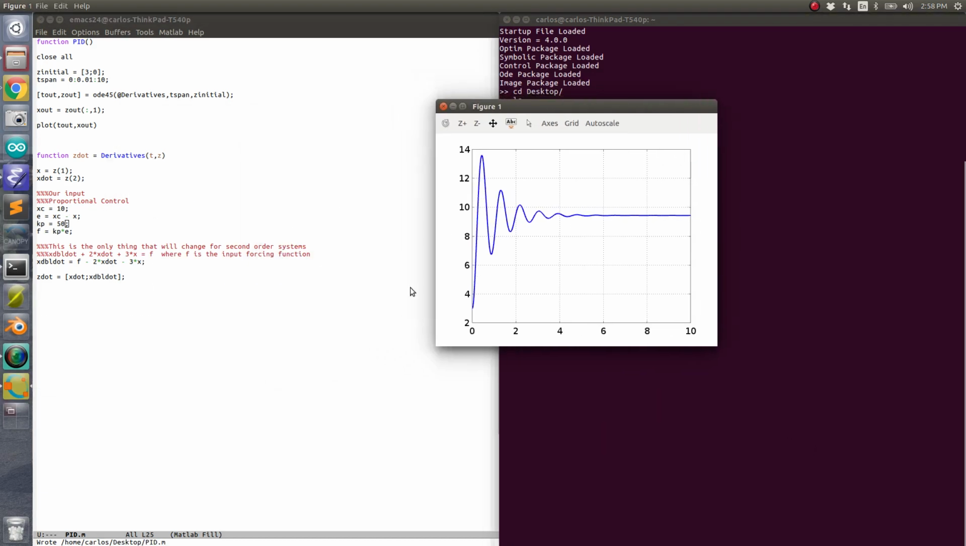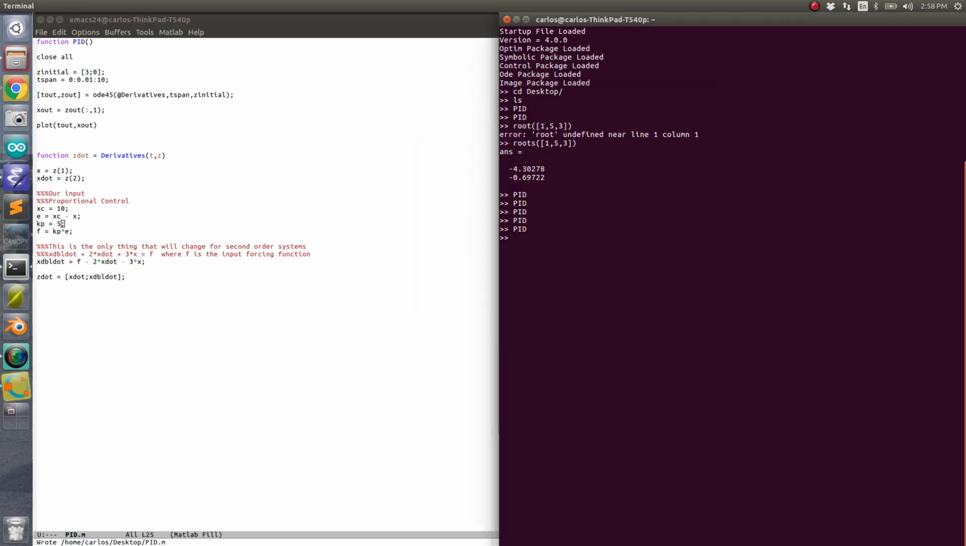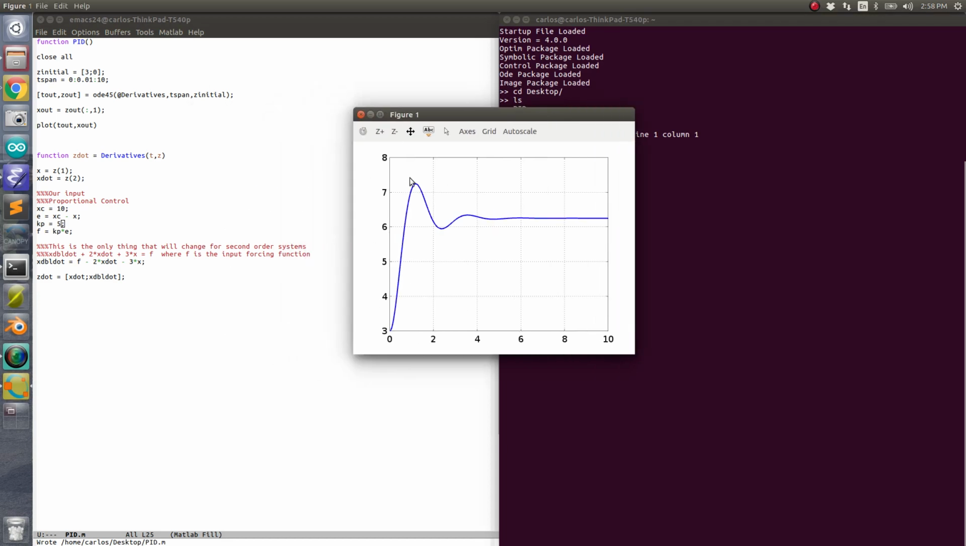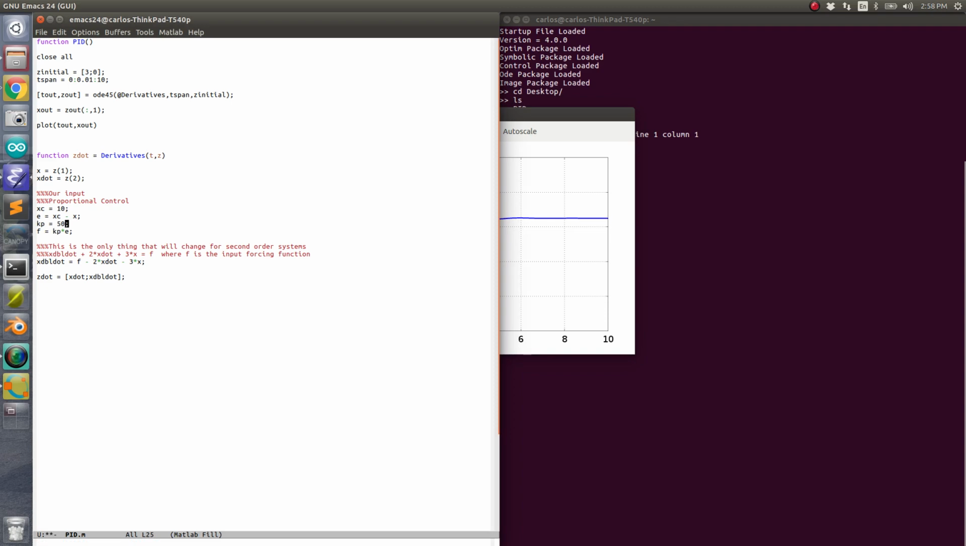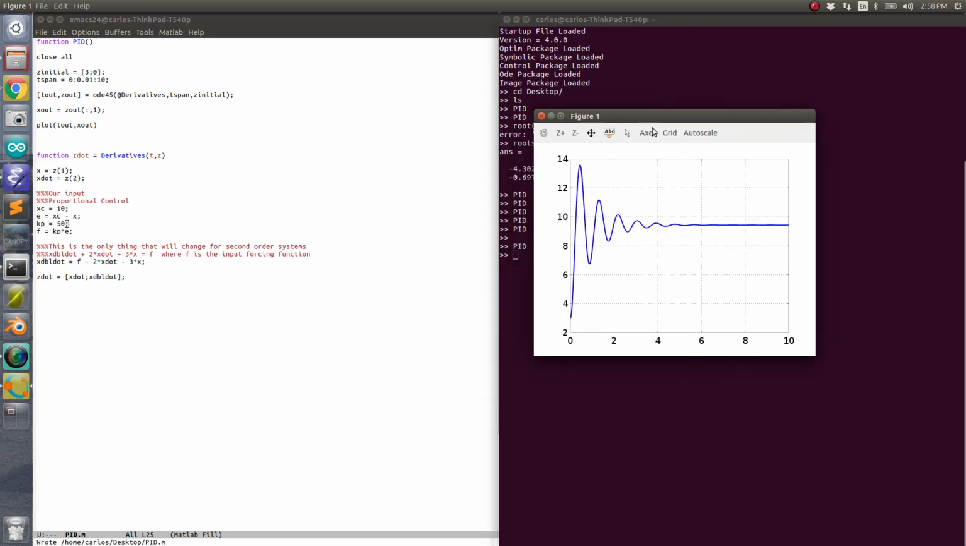And now my system oscillates like crazy, but my steady state error went down. So if you notice, I have more overshoot and more oscillations than I did before. If I do KP 5 and run it again, here I have not as much overshoot and not as many oscillations, but I have more steady state error. So I'm going to leave it at 50 so that I have less steady state error, but I have a